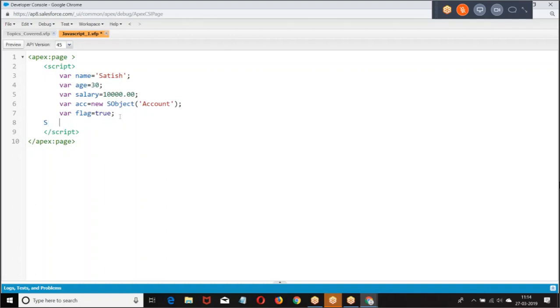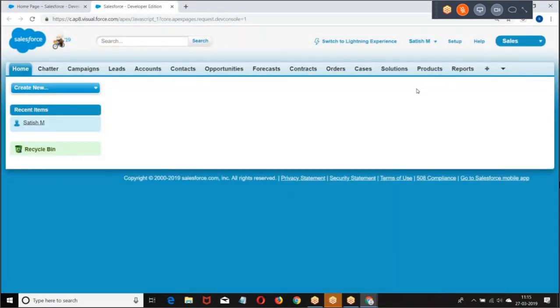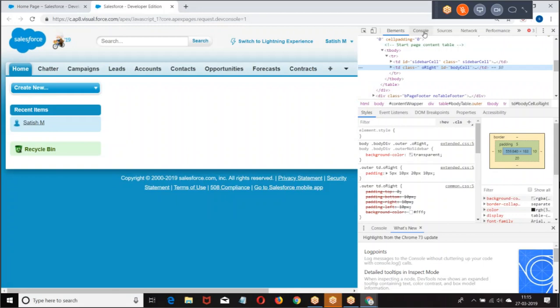Similarly, in JavaScript, if you want to test it, we give console dot log. Save it, preview, then right click, inspect. What are we finding here?